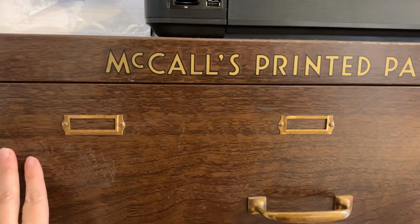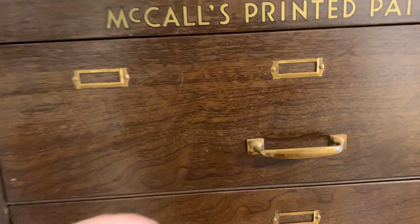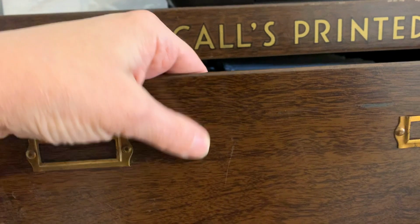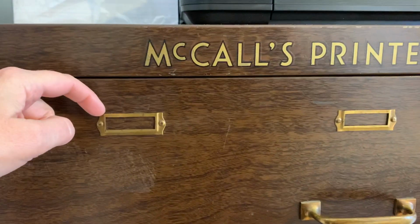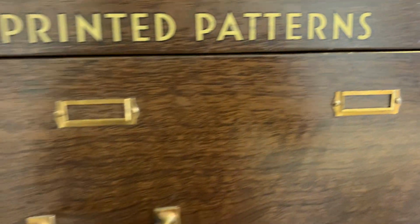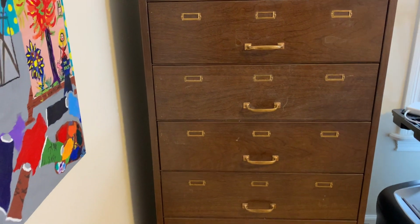It is metal. At first I thought it was wood when I first saw it, and how nice would that be? I'm not complaining though. It's metal for sure, with just this, I guess that's a laminate or something, on there, but it even has the little slots where you would put the pattern numbers, like the range of pattern numbers that you have stored in there. And it has 6 drawers,